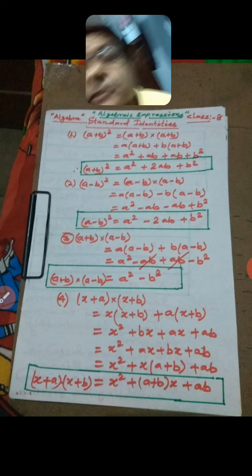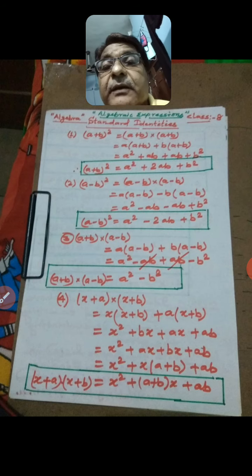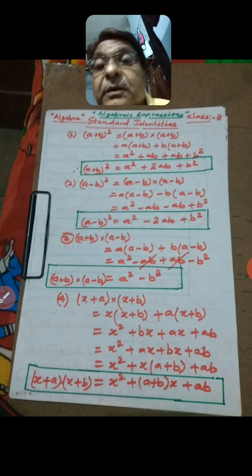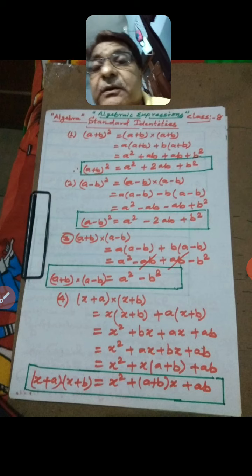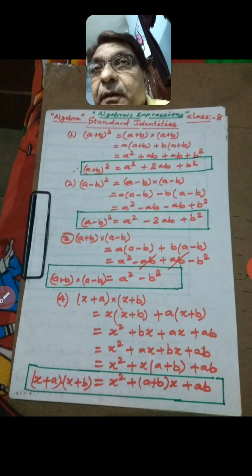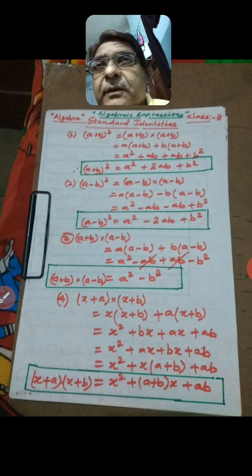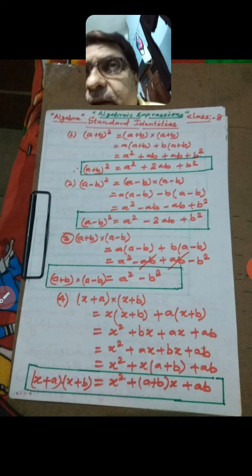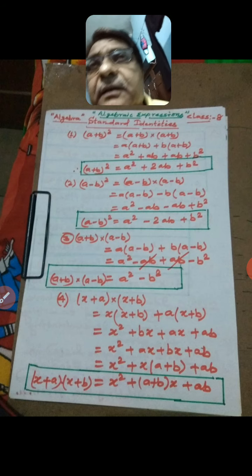You see what the confusion is? When I ask a student what will be the result of a plus b into a minus b, somebody answers like the first two. Sir, a square. Yes. Then plus b square plus. No sir, minus. Then 2ab sir. So is 2ab there? Yes sir. So with which sign? Sometimes they say plus 2ab, sometimes they say minus 2ab. It means they can't memorize